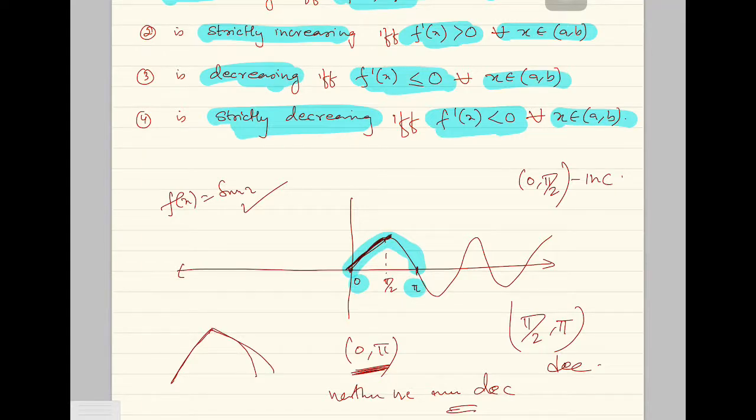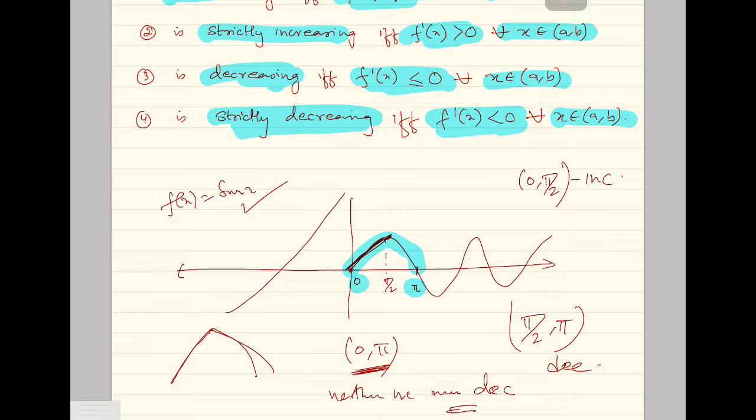But what is the question asking me? Try to understand this. They are asking straight whether the function is increasing or decreasing. They are not asking whether both will also happen. The condition was, is it increasing or decreasing? There were only 2 options. Is it increasing? No. Is it decreasing? No. So that's why we write it is neither increasing nor decreasing between 0 to pi,